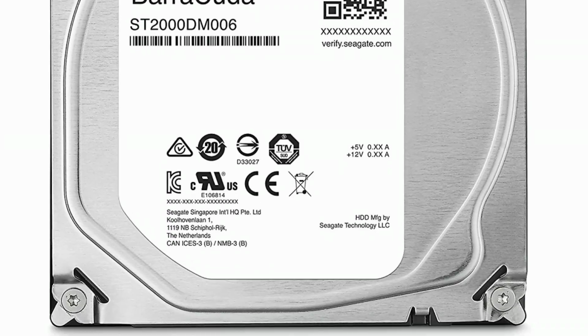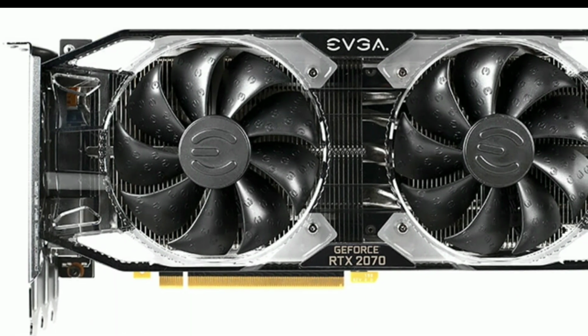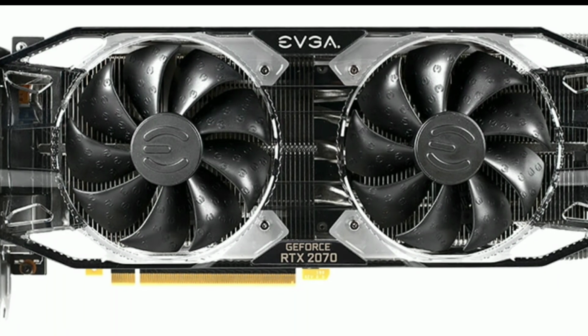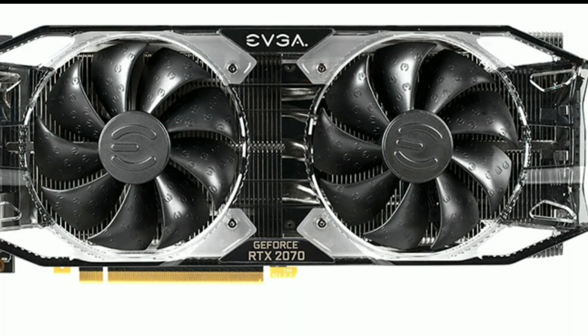and videos. For the graphics card, I went with the $500 EVGA RTX 2070 Black Edition. This card performs better than the 1080 in most tests, while it sets up perfectly for high refresh rate or high resolution gaming. It also does include the RTX or ray tracing ability if you're interested in those extremely high